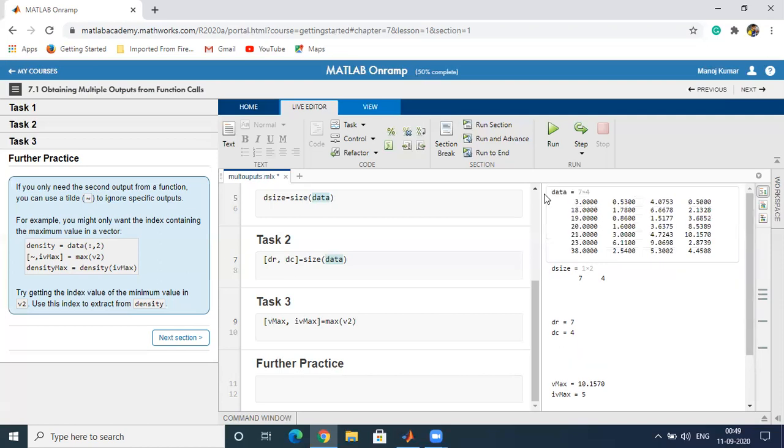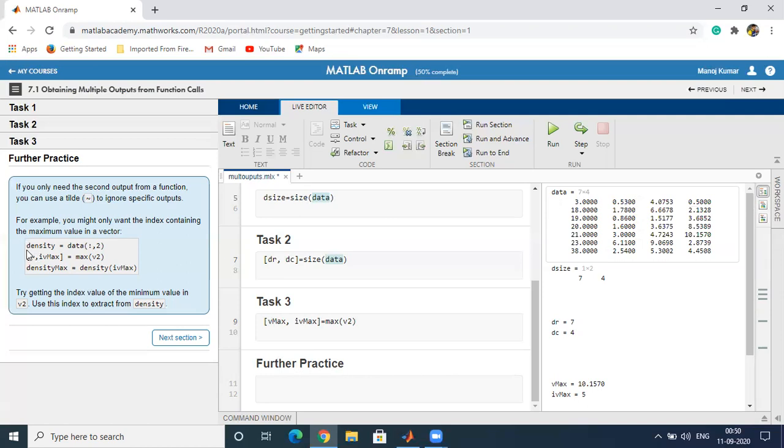Now the density is the second column, and the maximum value is 6.1100. If we want to calculate its index only, it is at the sixth place. To get the index only, we use the tilde operator on the first output inside the square brackets.